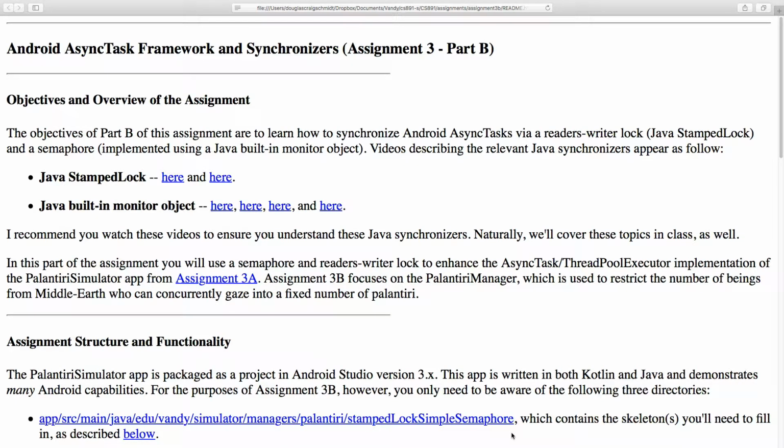All right, what I'm going to do to start out with today is go over the skeletons and specification for assignment 3, part B. So the objective of this part of the assignment is to learn how to synchronize the behavior of those async tasks that you use to implement assignment 3A using a readers-writer lock called Java StampedLock, which we'll be talking about shortly. And you'll also be implementing it using a semaphore that's implemented using a Java built-in monitor object, which we'll be